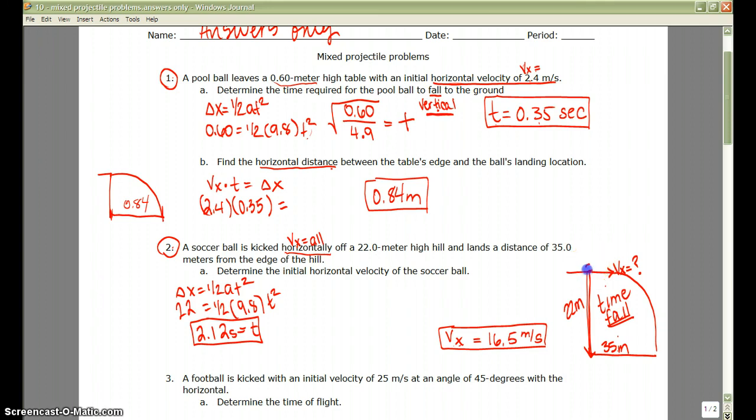So that's how long it's going to take my soccer ball to go from this location all the way down to where the ground is. Now I can use, to find my velocity, the same equation that I used right here. Because I know horizontally, horizontal stays constant. So I know that this object is going to travel that same horizontal velocity, because that's what it was kicked at, all the way down until it hits the ground. So I can use that same equation that I did up here in part B to solve for my velocity for the soccer ball. So I'm going to take my 35,